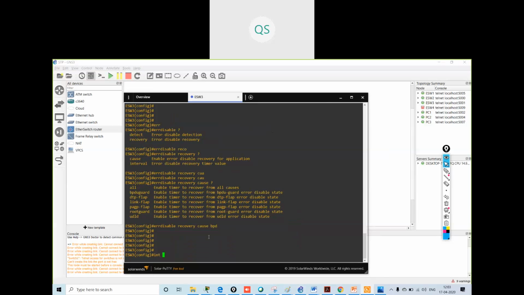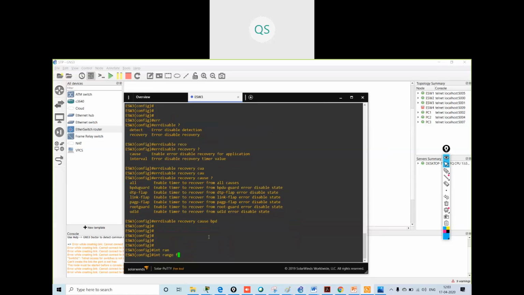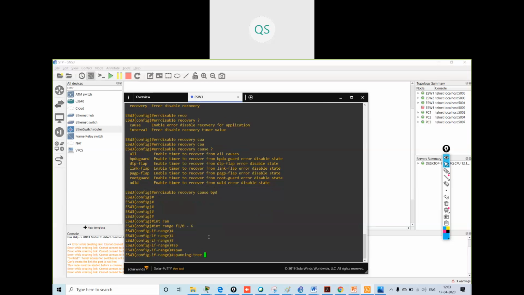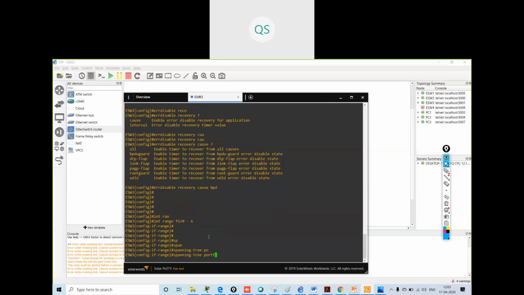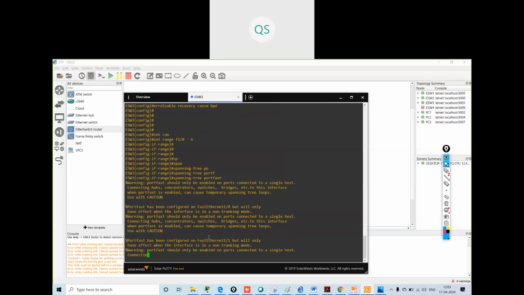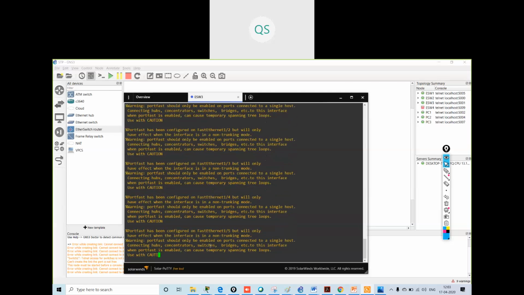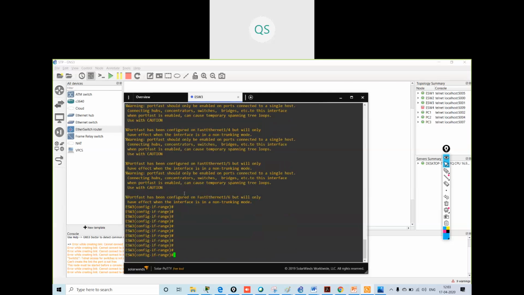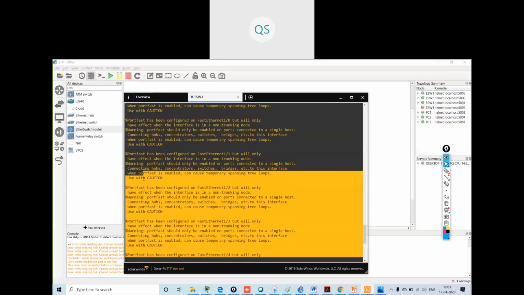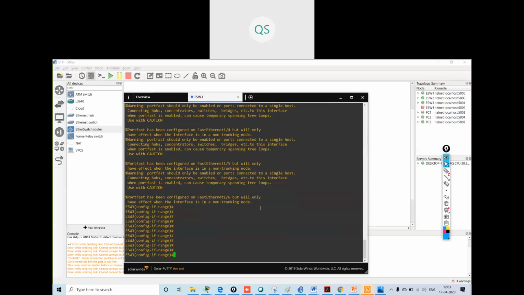Interface range FastEthernet 1/0 to 6. Spanning-tree portfast. See, I got some messages.